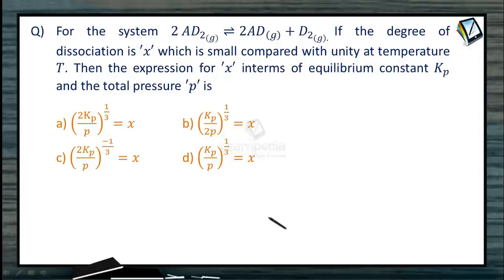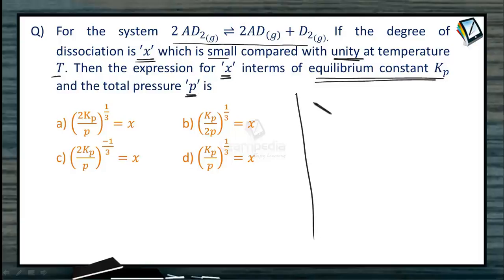The question is, for the system 2AD2 gas giving 2AD gas plus D2 gas, if the degree of dissociation is X, which is small compared with unity at temperature T, then the expression for X, that is degree of dissociation, in terms of equilibrium constant Kp and total pressure of P is what? So we are given the system, that is 2 of AD2, it's a gaseous system, to give 2 of AD